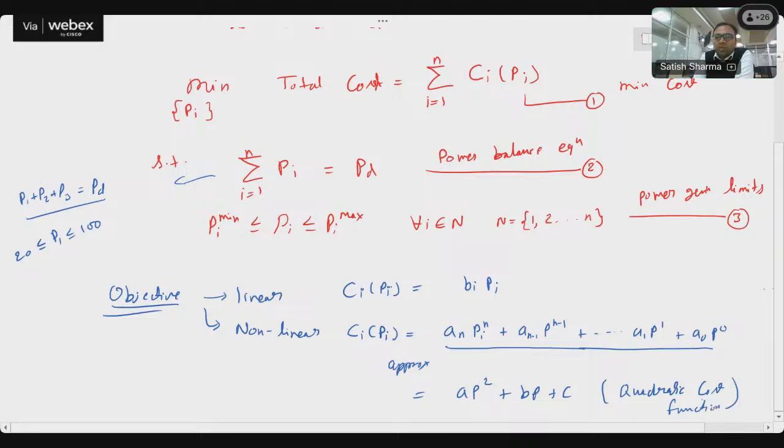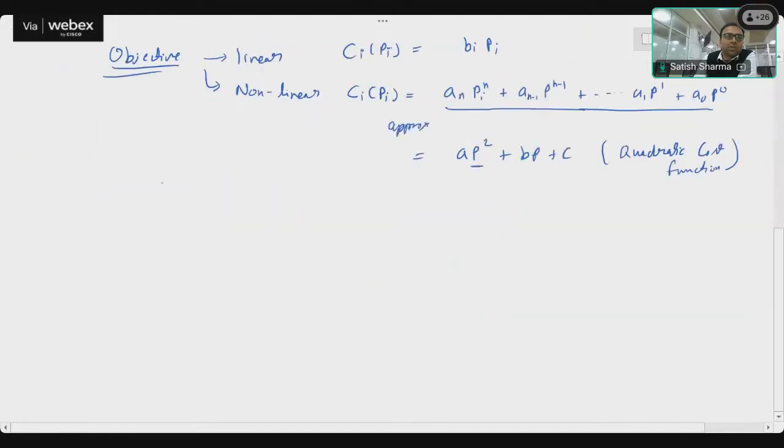So generally the cost function is assumed as a quadratic cost function, and because of this P square term, this entire objective function has become non-linear. So the nature of this problem is non-linear, and economic load dispatch is basically a non-linear NLP programming problem,